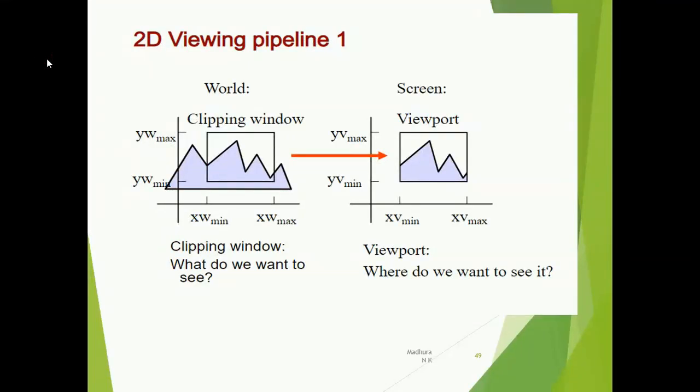Hello students, our next topic is the 2D viewing pipeline. In this session we are going to discuss the procedures that are required for displaying two-dimensional pictures on the output devices. Your output device may be a laptop, a PC, a mobile phone or a tablet, anything it may be, but we just want to display the 2D images on the screen. So how do we do this particular procedure?